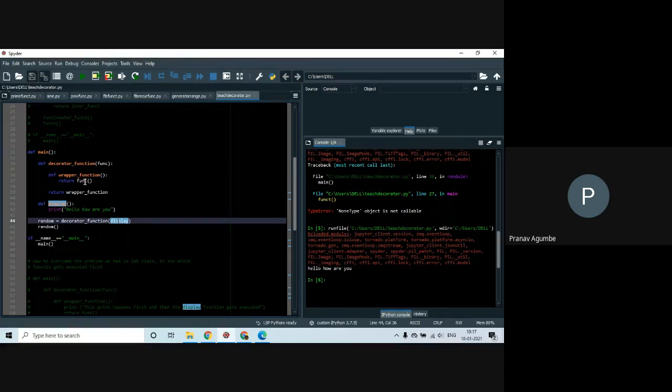This is just the definition of wrapper function. Now when it comes to line number 39, it returns wrapper function. So inside wrapper function we have return func, that is display, because in line 44 we have given it as display, and then it prints hello, how are you? And when it comes to line number 45, it gets called, and hello, how are you is printed. Am I clear? Am I making sense?